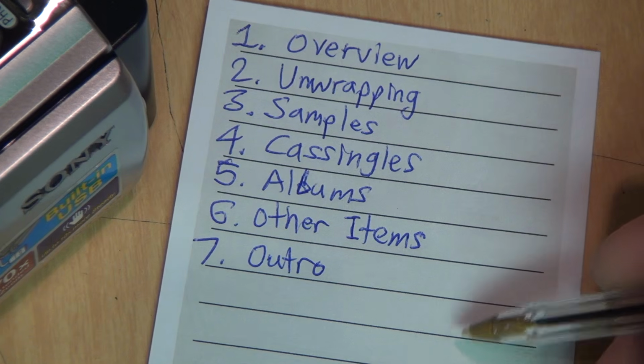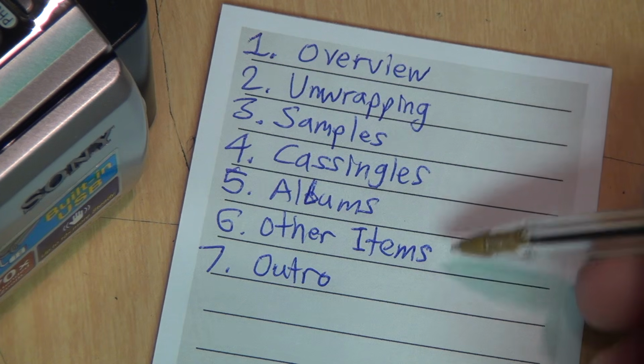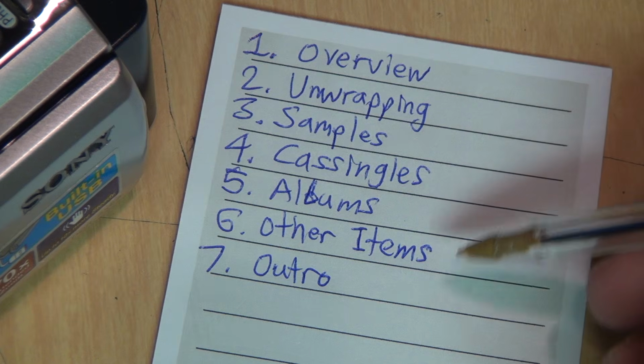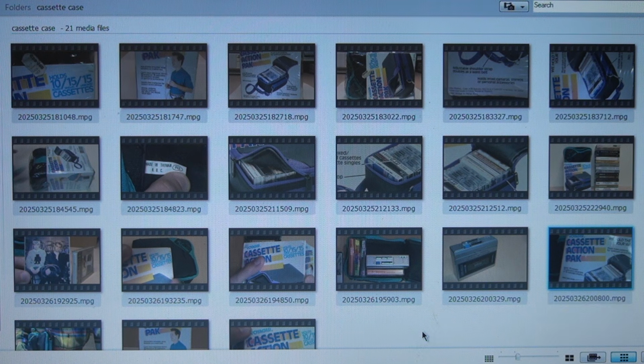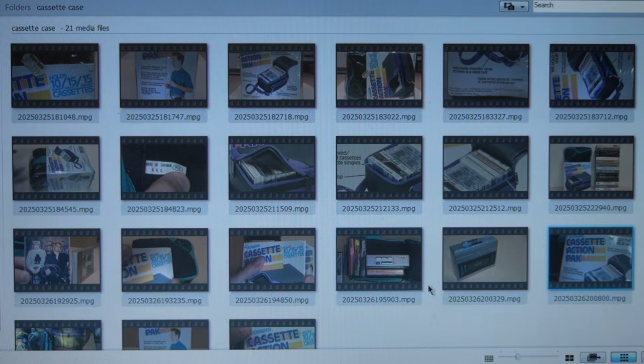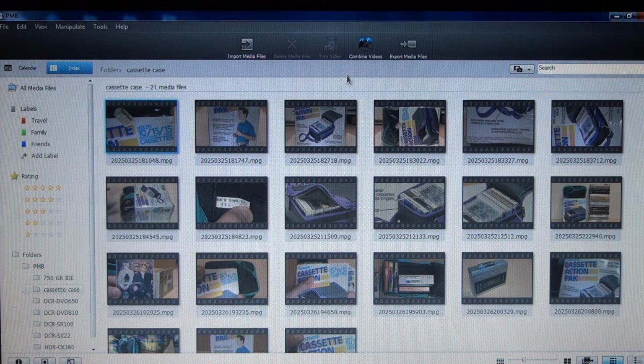So I made my own storyboard with pen and paper. I wrote out the various scenes of the video in the order I intend to feature them in the final result. In this case, the video was mostly recorded in chronological order, although that is not always the case, especially when I'm reviewing something like a piece of vintage audio equipment, which may need repair before I can even demonstrate it. But in this case, except for these two scenes at the end, it was pretty much recorded in chronological order. And now if you want to just play a clip, that's as simple as double-clicking on it.